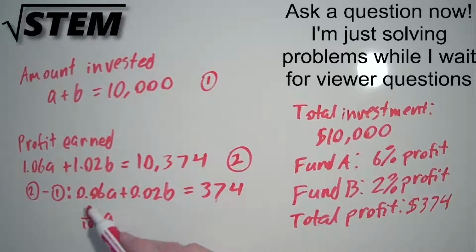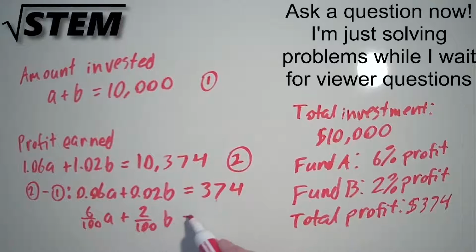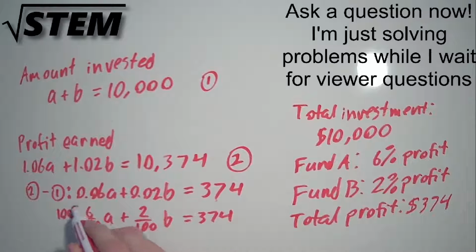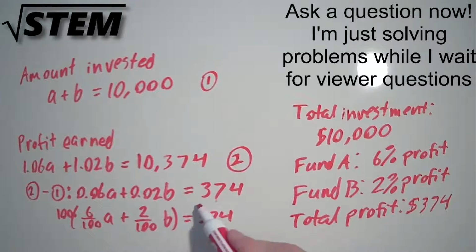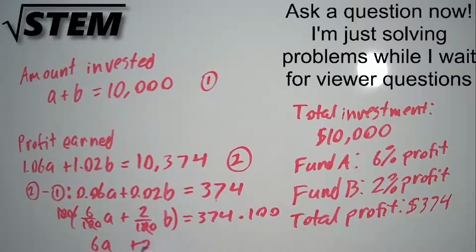That's how the 6% is a fraction. 6 out of 100 plus 2 out of 100b equals 374. Then we can multiply both sides by 100. And we'll cancel out these denominators. So we'll have 6a plus 2b is equal to